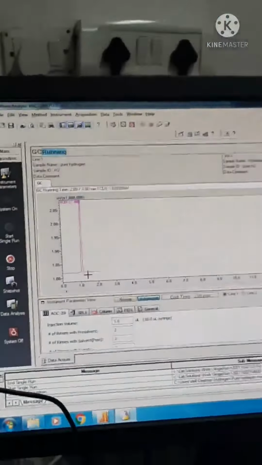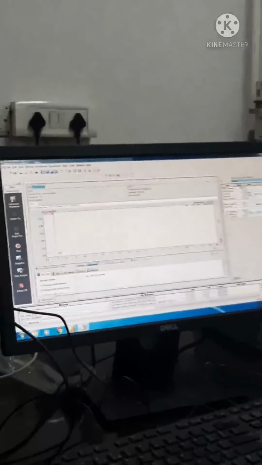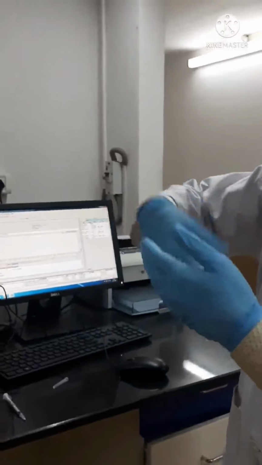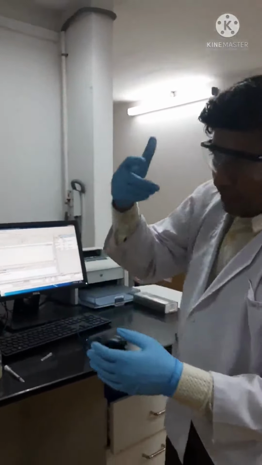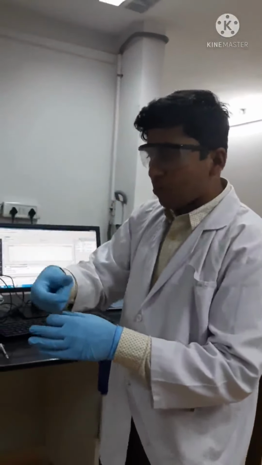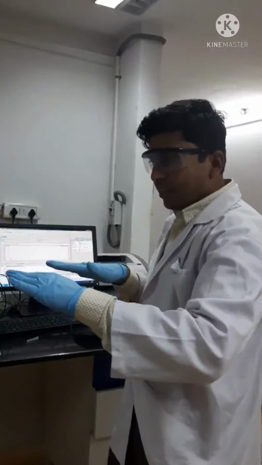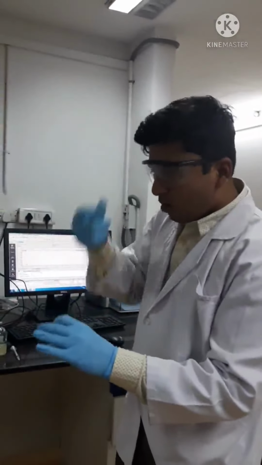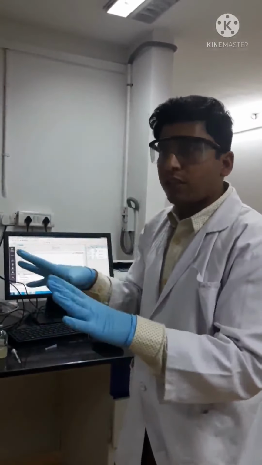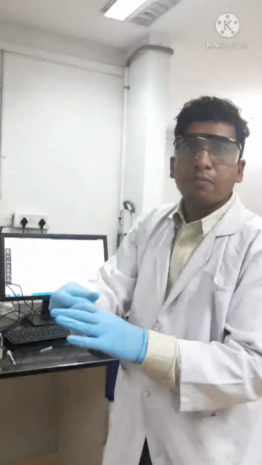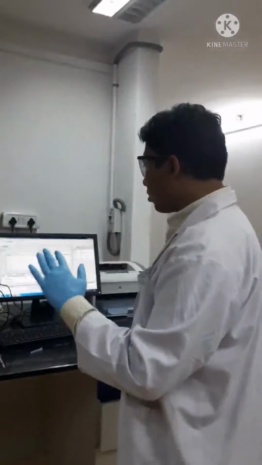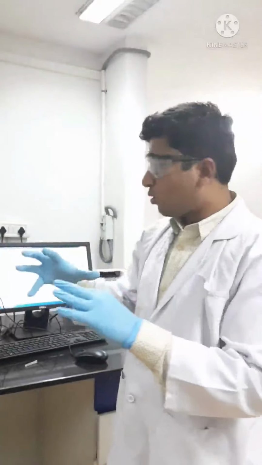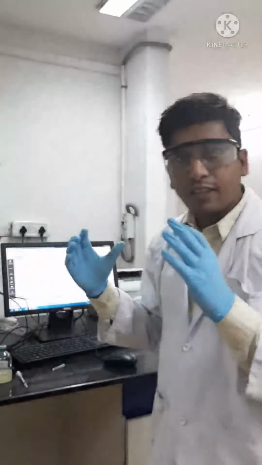So how does the TCD help in detecting the peak of this hydrogen? Once the mobile phase, nitrogen gas, is running throughout the column, when you inject any unknown sample into the running mobile phase, your TCD current temperature will be set at the floor. Due to the arrival of any sample mixture, there will be a fluctuation in the current, because of the conductivity of that sample. That fluctuation is detected by the TCD as the signature peak for the hydrogen.